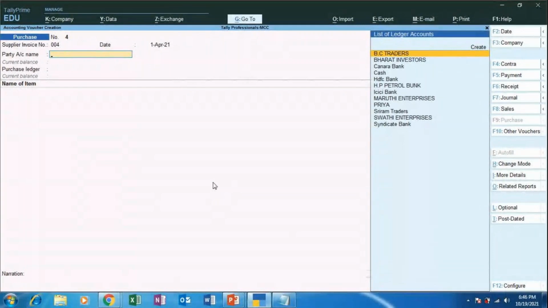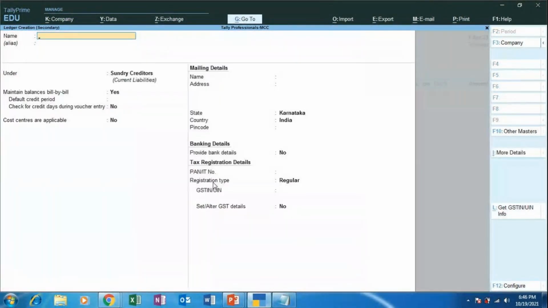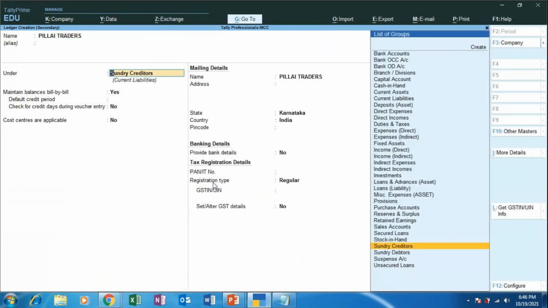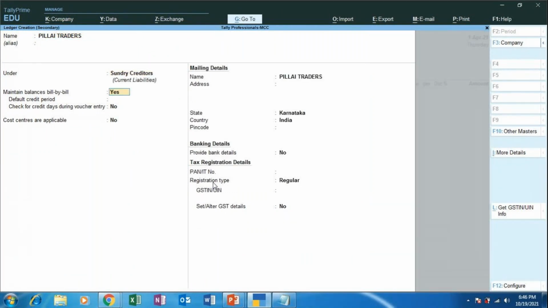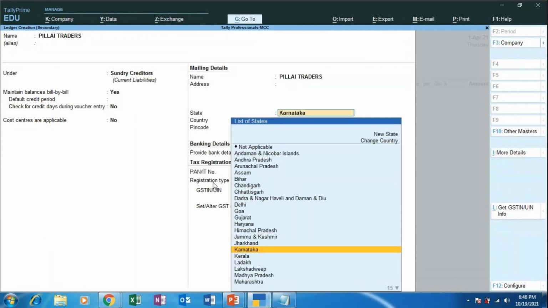So here, party account name we have to give as Pillai Traders, right? So we have to create the party ledger. We select the create option and create a ledger in the name of Pillai Traders, under Sundry Creditors, maintain balances bill by bill as yes. Yes, and please stop. Under mailing details you have the name Pillai Traders,